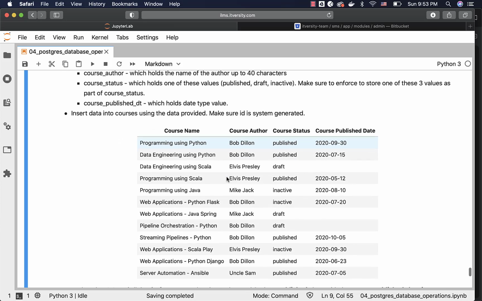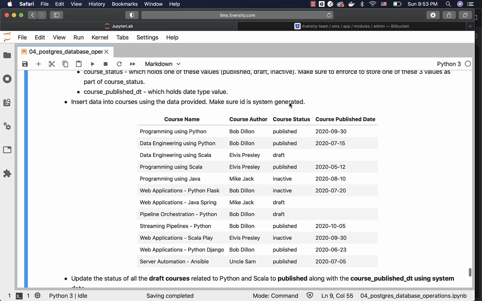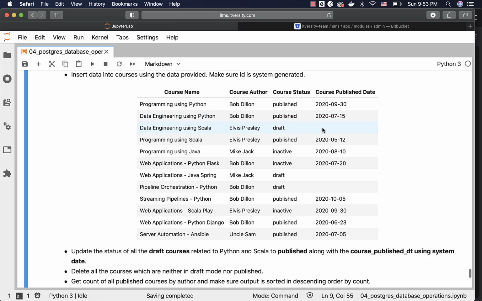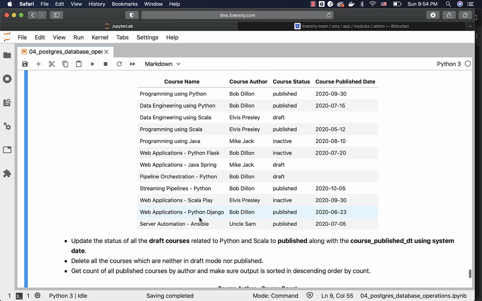Insert these courses using the data provided. Make sure ID is system generated. And course published date should be null for those courses which are in draft mode. Once the data is inserted with these records, either by using one insert statement with all 20 records or 20